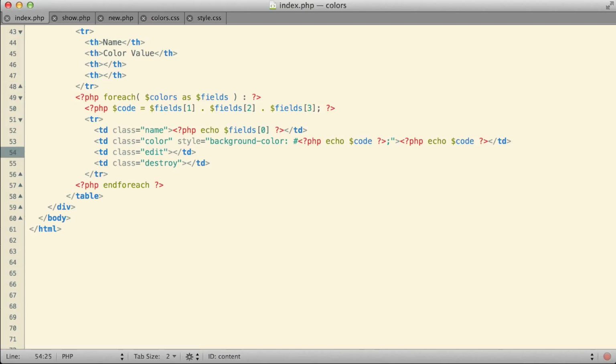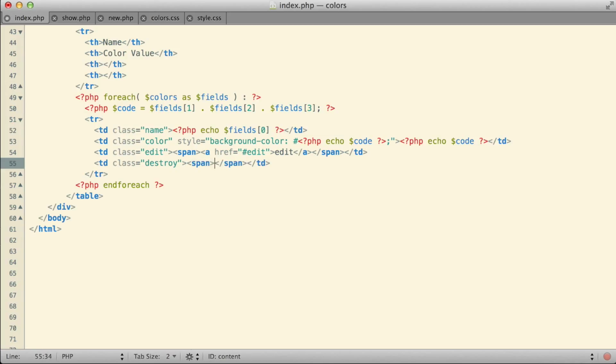A few changes that I want to make to what I have here. One of the things is, in this empty edit cell that I have at the moment, I'm going to put in a span, and inside that span I'm going to put in a hyperlink. This hyperlink is what the user will click to indicate that they want to edit that particular color. I don't know that page quite yet. I haven't created it. I don't know exactly what I'm going to call it, although I'd say edit is a pretty good guess. But for right now, I'm just going to set it to go to #edit, which basically just means edit on the current page. It doesn't really go anywhere, but that'll be a good placeholder until I know exactly where I want to put it.